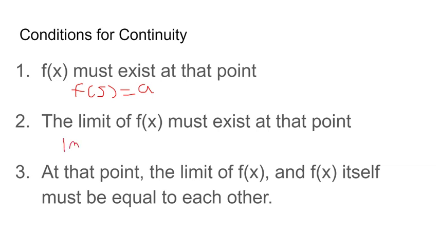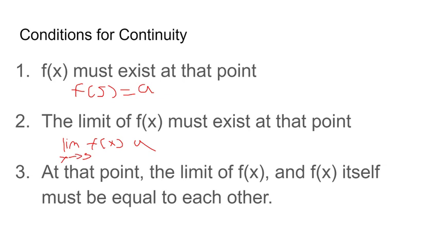The limit of f of x also must exist at that point, meaning you write the limit, right, as x approaches 5, of f of x would have to equal some number a, right? And at that point, the limit of f of x and f of x itself must be equal to each other, because